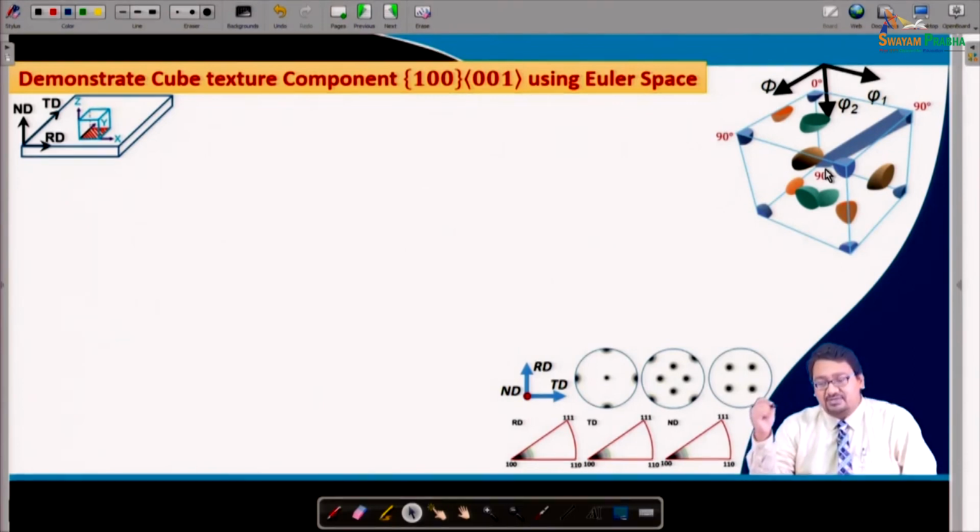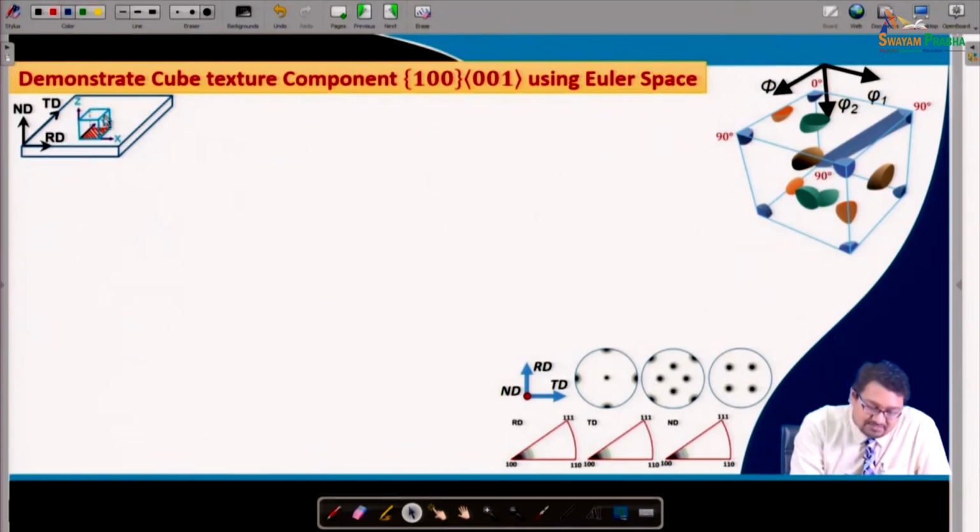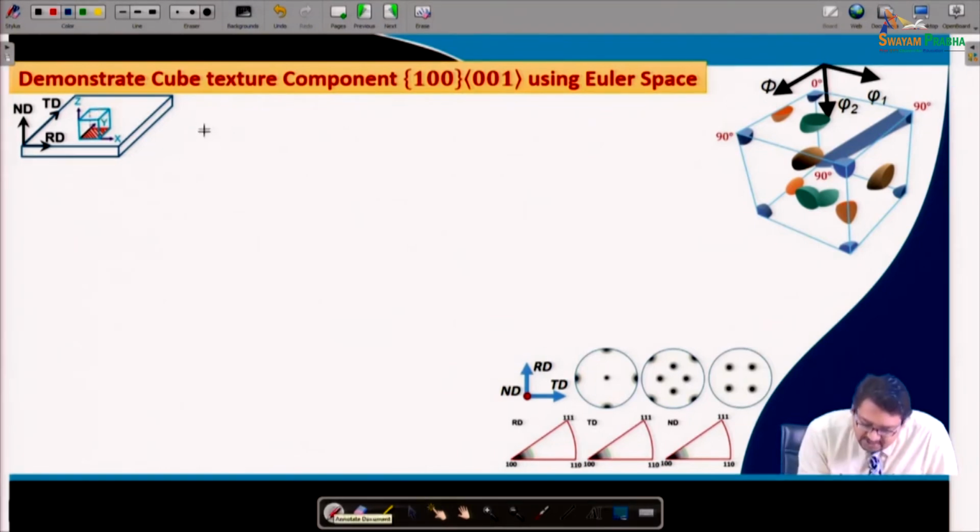of phi 1, phi, phi 2; 0 90 0, 0 0 90, 90 0 0, 0 90 90, 90 90 90 and all the combinations of 0 and 90s in the phi 1, phi, phi 2s, right. Now, let us demonstrate how we can obtain it from this sample crystal relationship. So, let us say that we draw the RD,